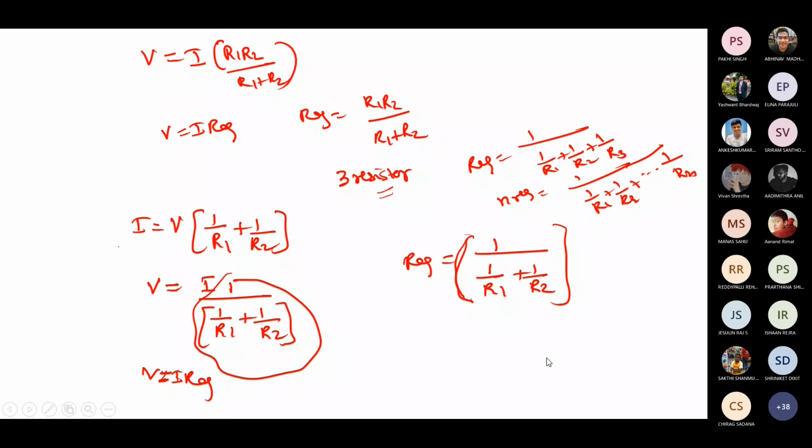So since we are using calculators, students, are you there? Yes, ma'am. Since we are going to use only calculators here, you need not worry. In a calculator, for example, if 3 and 2 are the values of the resistors, you can take 1 by 3 and add 1 by 2, then take the inverse of that. Immediately you will get the answer for your R equivalent. For 3 resistors, it is 1 by 3 plus 1 by 2 plus the third, and you take the inverse in the calculator. So this is not going to be a tough task. Because we are using calculators, everything is going to be easy for us.